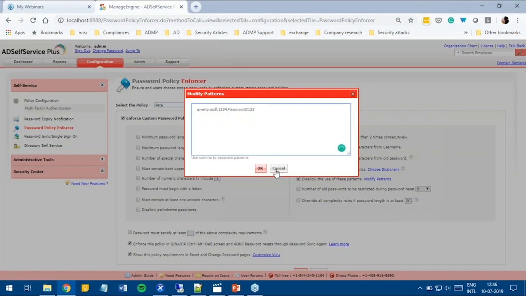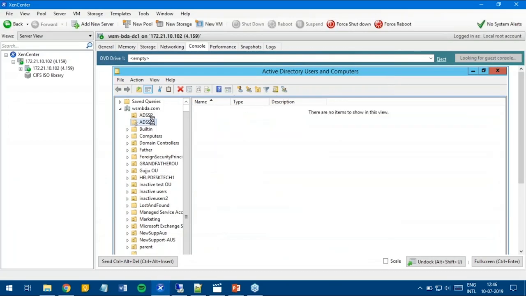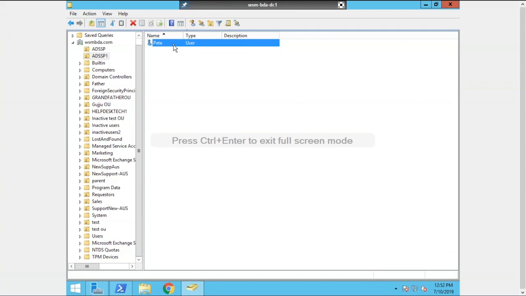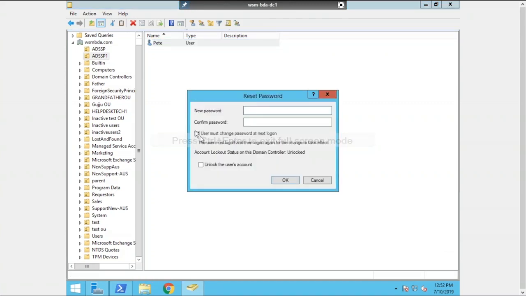Now let me quickly show you something. If I head into my VM here, this is a user called Pete. So let me quickly reset the password for Pete. So once I hit on reset password, let me give in the password. That's password at 123. Password at 123. And once I hit OK,